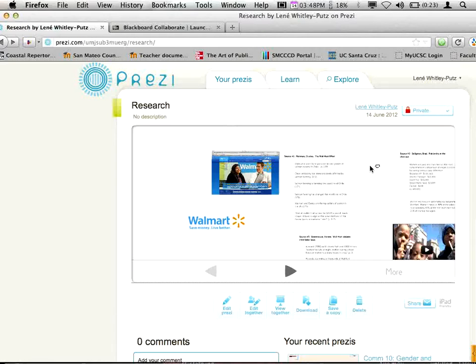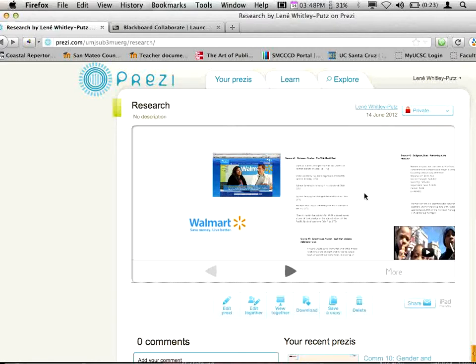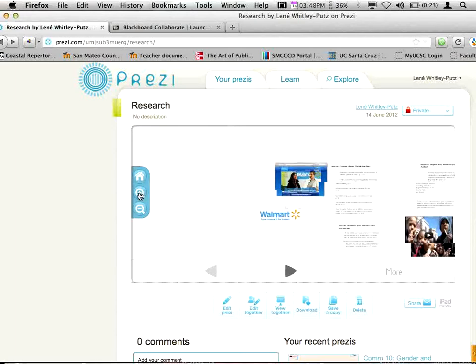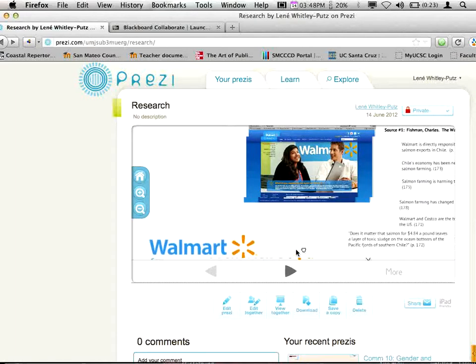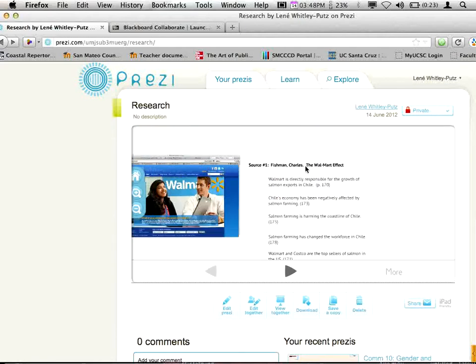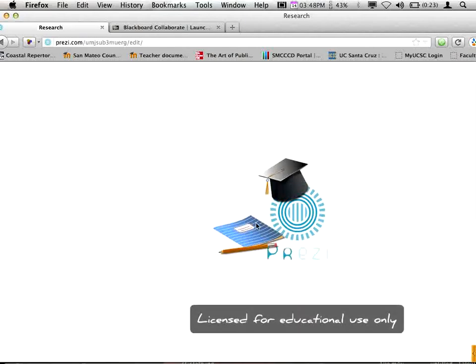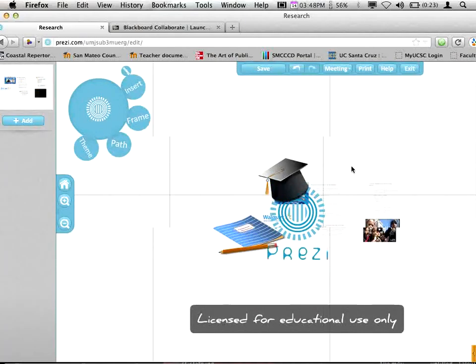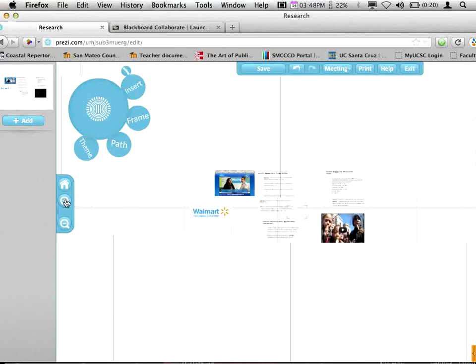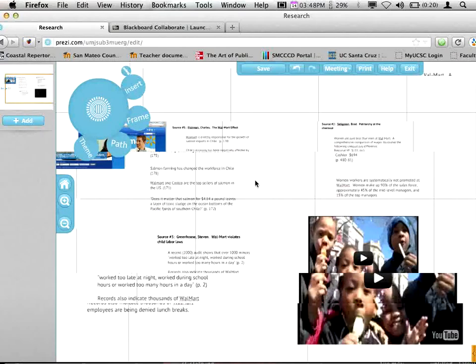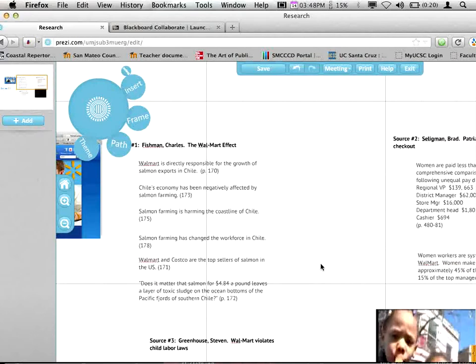And the other thing is that in Prezi, you can grab an element and you can make that element bigger or smaller. So as they're entering each one of these pieces, each one of the pieces is an individual editing window. Each quote is an individual window.